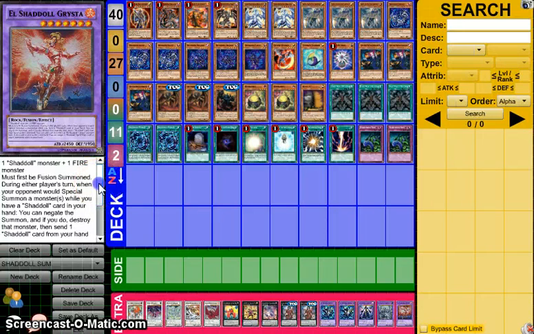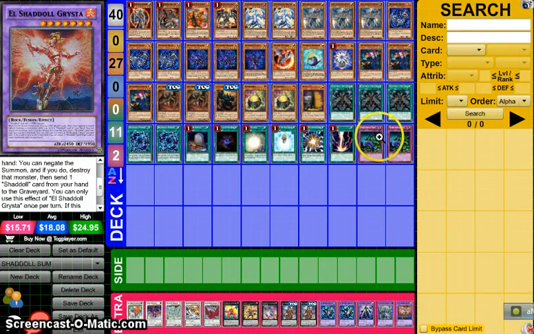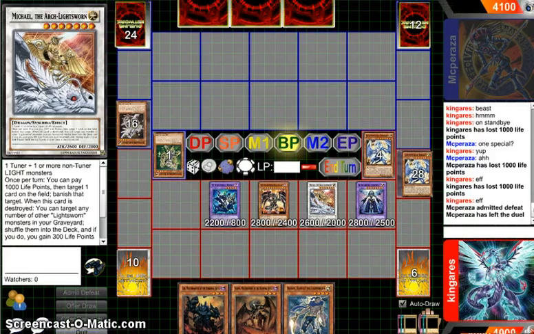I'll read this effect if most people don't know. During the opponent's turn, when your opponent will special summon a monster, while you have a Shaddoll card in your hand, you can negate this summon, and if you do destroy it, then send 1 Shaddoll card from your hand to the graveyard. So negate special summons. It's really good. Well, this is my Shaddoll Burning Abyss Chaos deck, and for anyone who wonders how the deck performs,